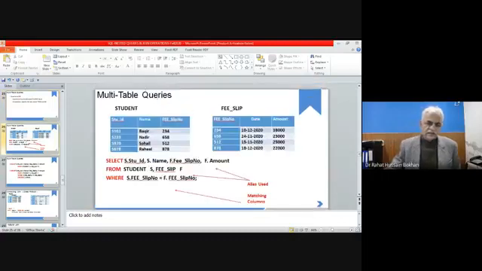For this, let's take this example. We have a student table and we have a fee slip table. The students are paying some fee and they are getting a fee slip, and there is the amount that they have paid and the date on which they paid that fee. Here is the student ID, the name and the fee slip number.